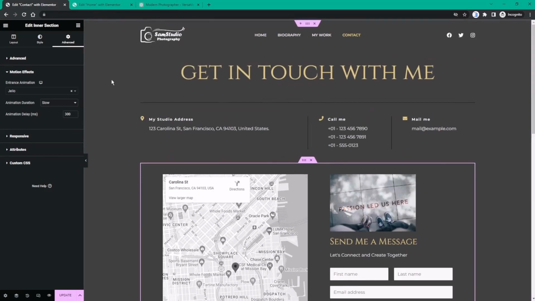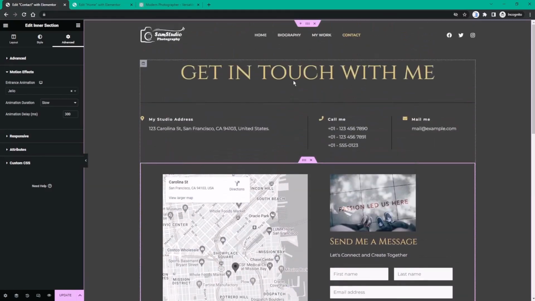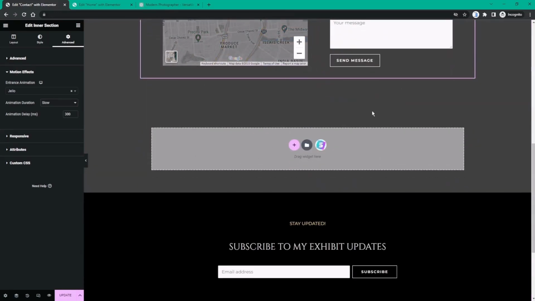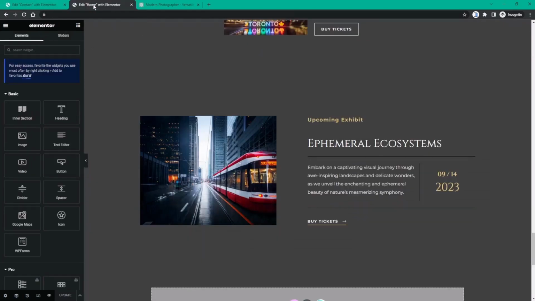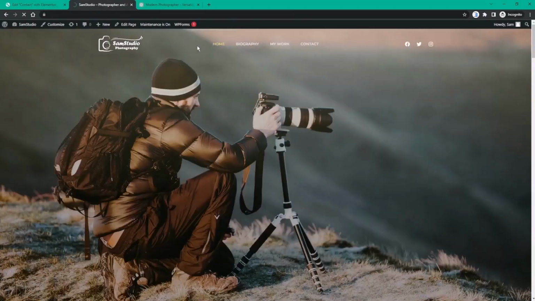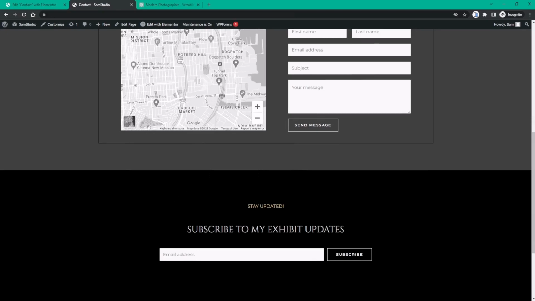Here we can get funky a little bit with the shape dividers. We can add one to the bottom where we know the bottom is going to be black. If we exit here and go to my contact page, we can see that it goes directly from this gray to this black. So let's add a little something here